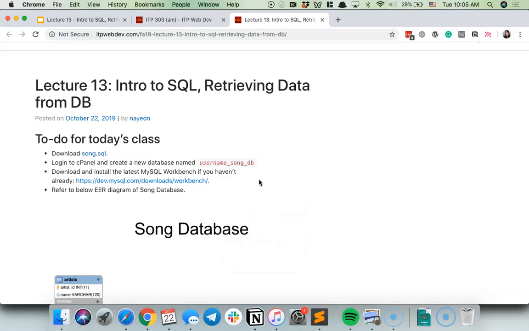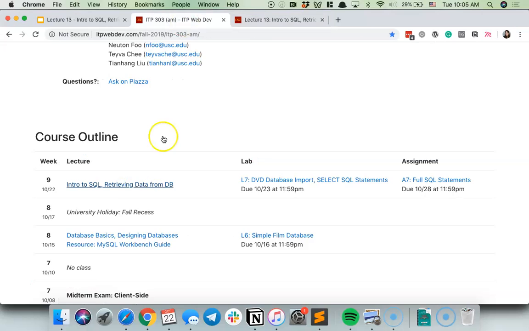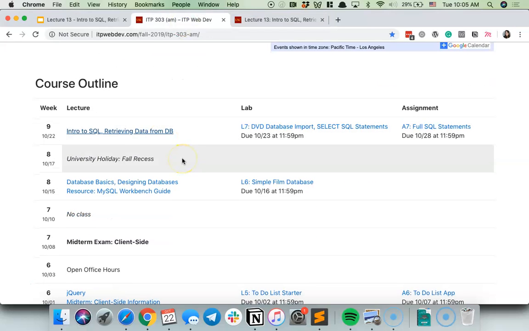This is week 9 of the semester, so you have about 6 or 7 weeks left, depending on how you count it. Let's finish the semester strong. The next few weeks we're going to continue to talk about the back end, and then around week 12 we're going to have the second midterm. After the second midterm the lectures are more special topics, and topics to help you complete your final project.